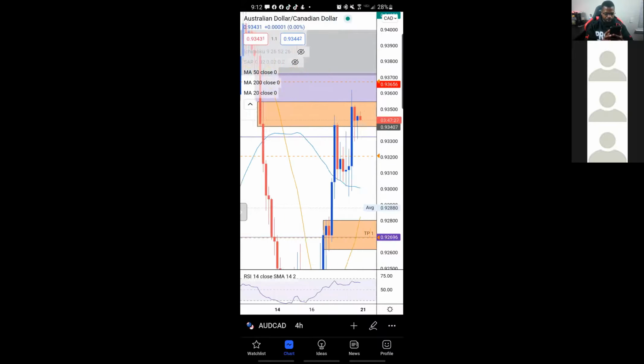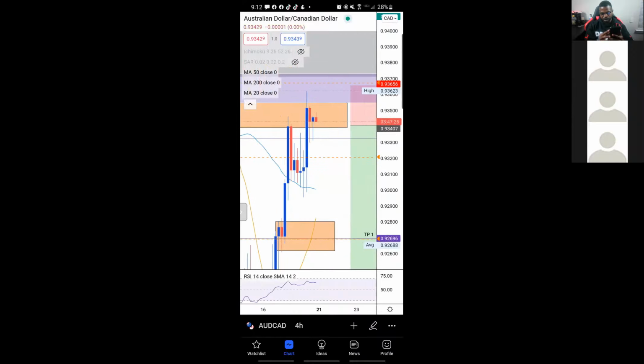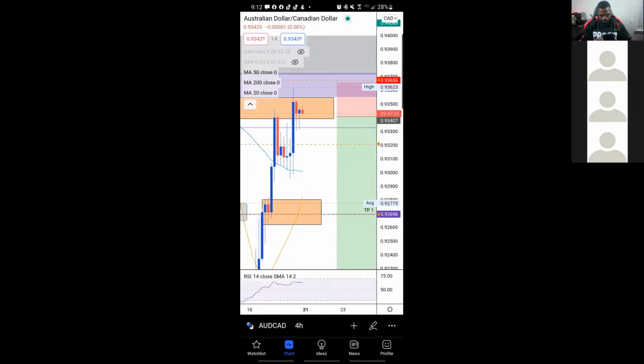Hey, look at that double top forming in our sell zone. This is about to be a nice setup. So we got our stop loss, right? Now we want to